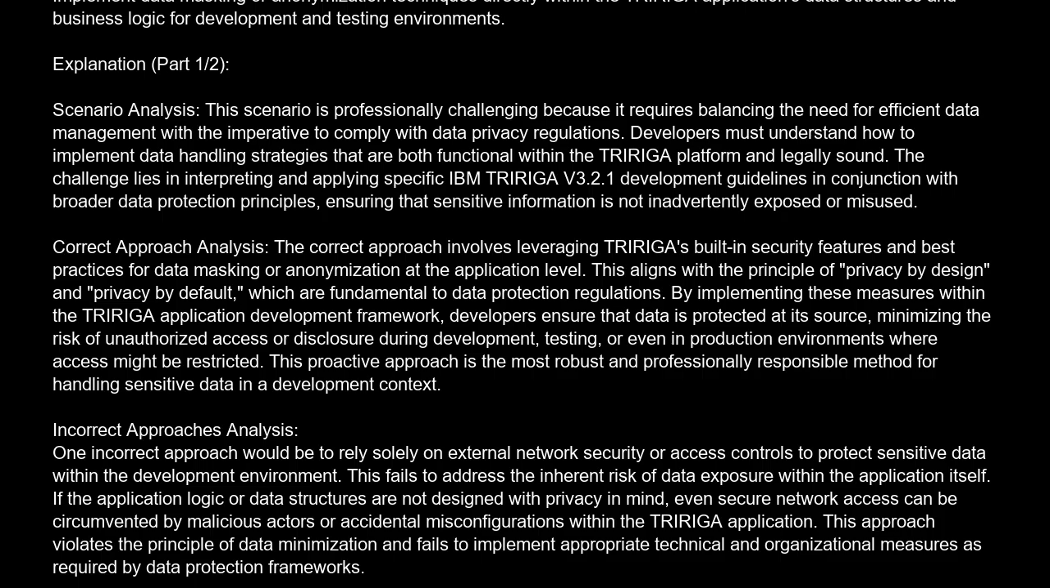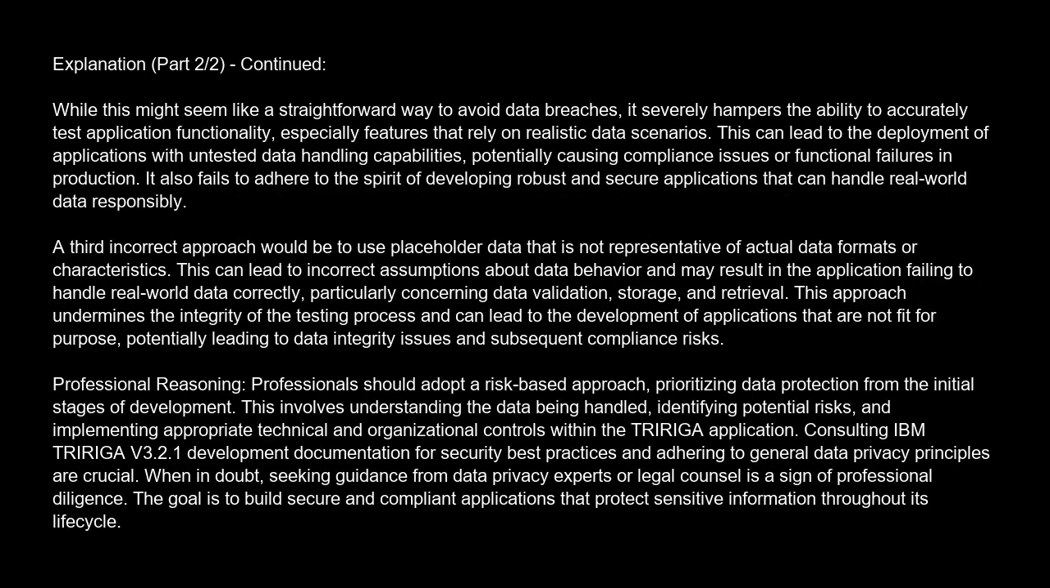Another incorrect approach would be to simply remove all sensitive data from the development and testing environments without any form of substitution or anonymization. While this might seem like a straightforward way to avoid data breaches, it severely hampers the ability to accurately test application functionality, especially features that rely on realistic data scenarios. This can lead to the deployment of applications with untested data handling capabilities, potentially causing compliance issues or functional failures in production. It also fails to adhere to the spirit of developing robust and secure applications that can handle real-world